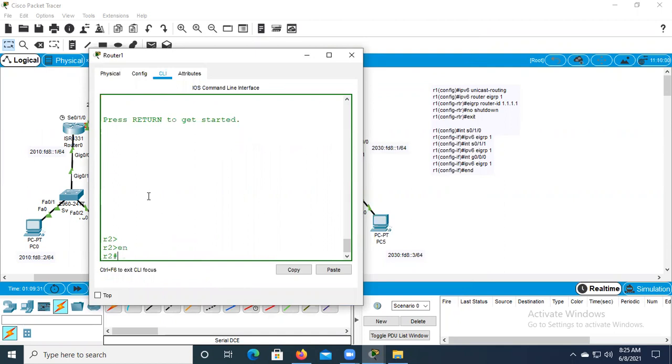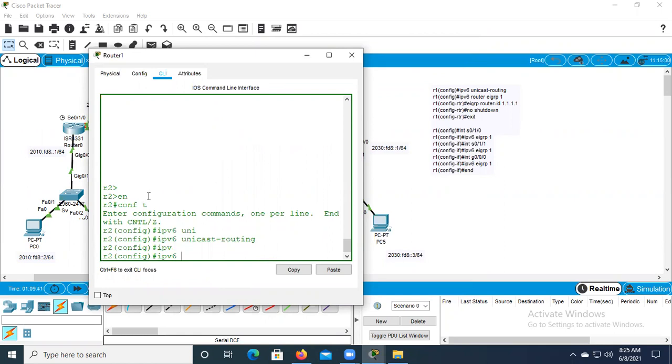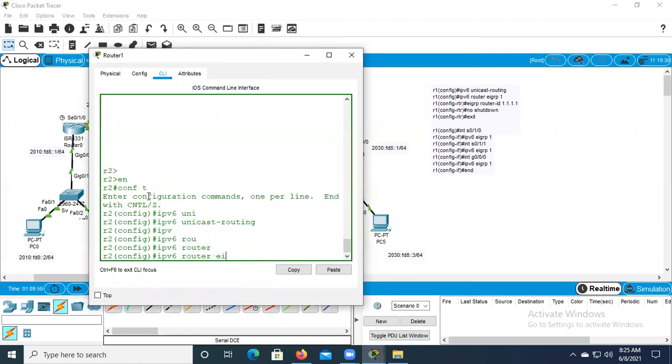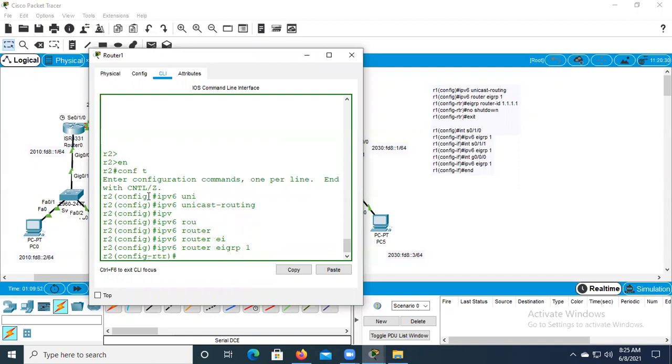Now I am going to enable, config t. I am in router 2. I must execute the command ipv6 unicast-routing, then ipv6 router eigrp 1. Then you must define the router ID.